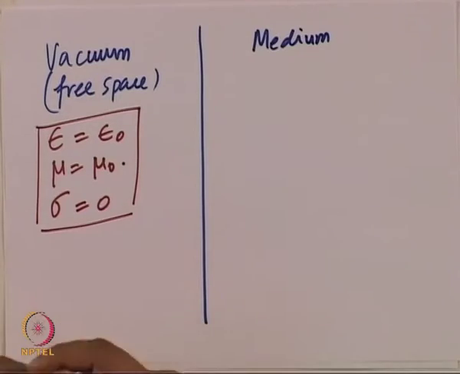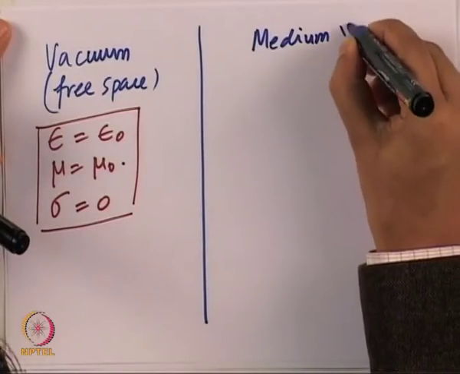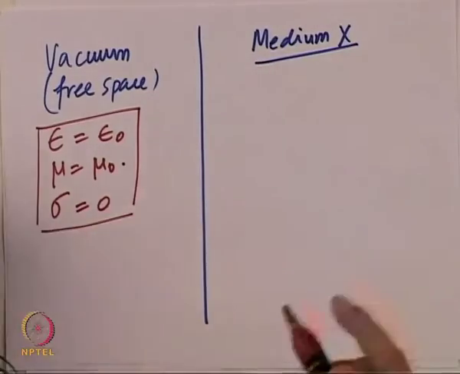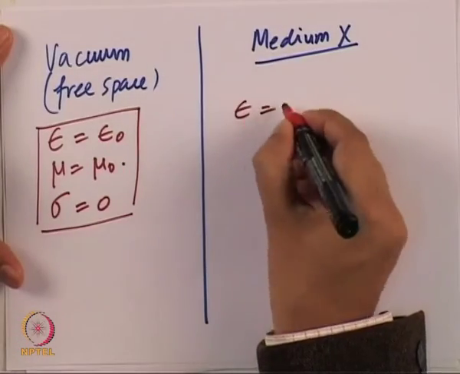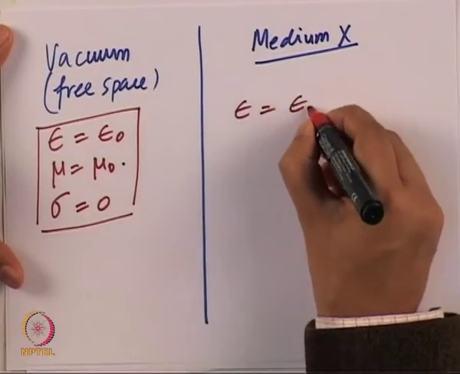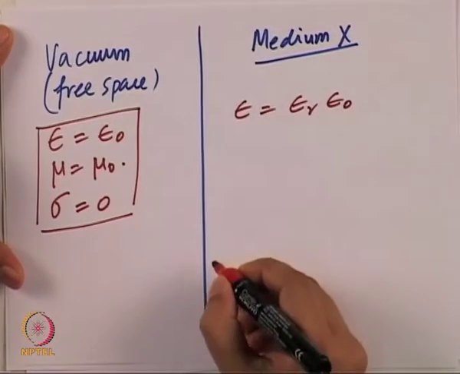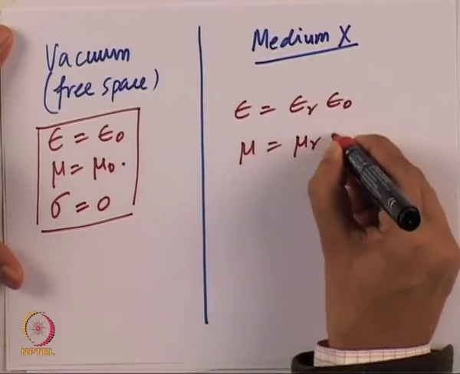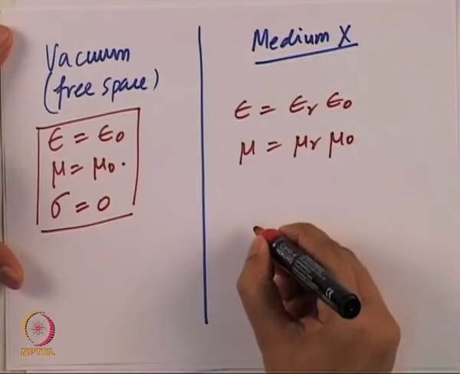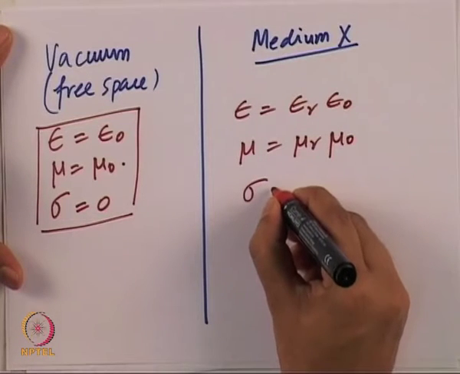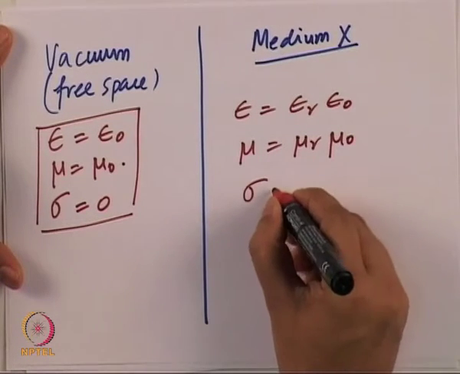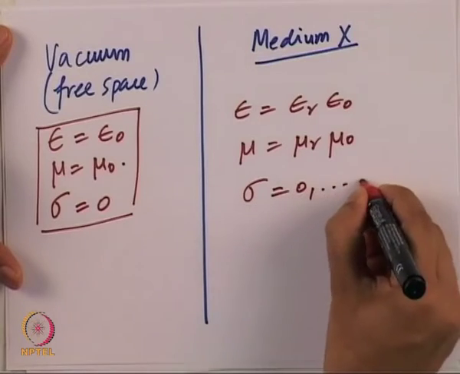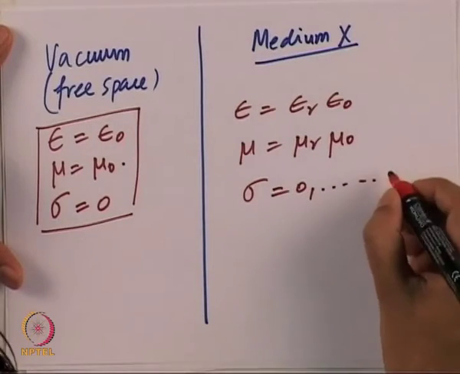So let this be medium x, and the value of epsilon is going to be epsilon r multiplied by epsilon naught, and mu is going to be mu r multiplied by mu naught, and sigma is going to vary, so it can be any value. So it can be 0, so on and so forth,